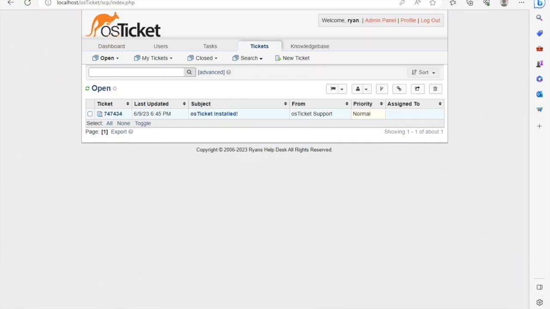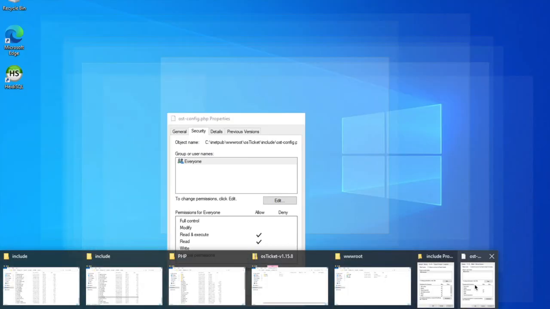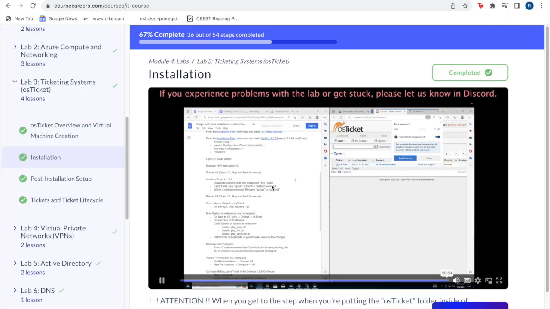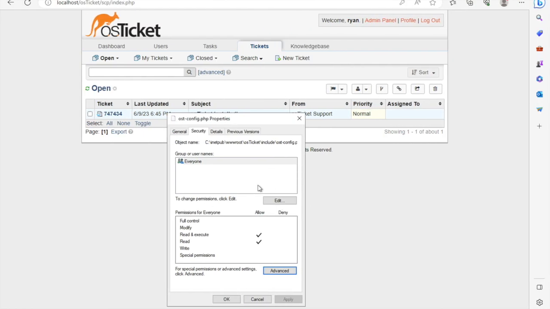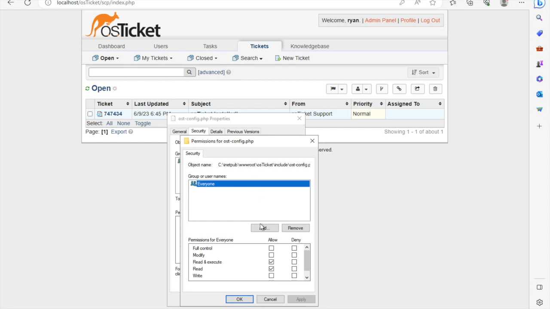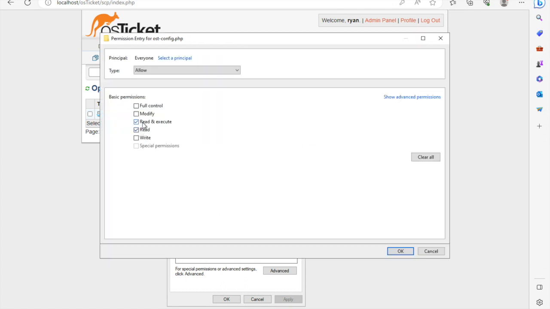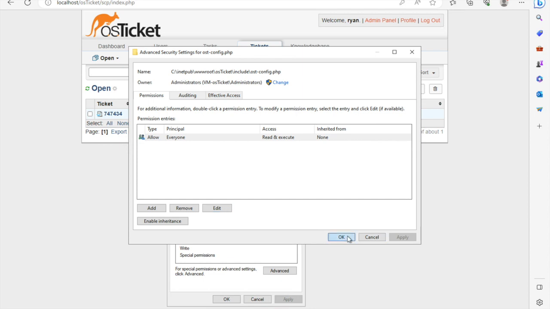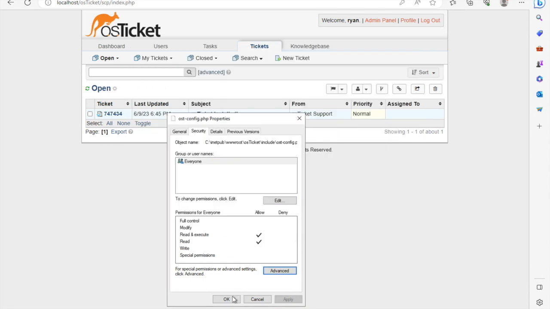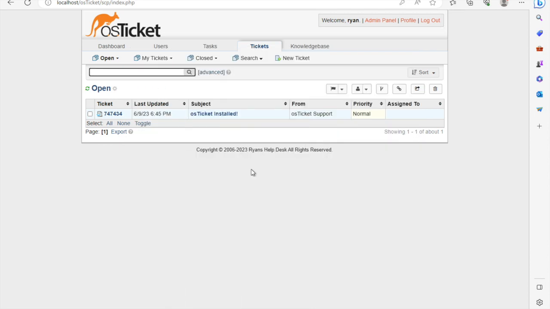Awesome. So now we're gonna go over here. Kind of already did it and I jumped the gun a little bit, but oh, here's the course creator stuff. We go back to ostconfig.php, and I know we allowed everyone to have full control, but now we're just gonna let everyone just read and execute and just read, right? So I'm going back, showing you guys how we got there right now. So once we've updated that,